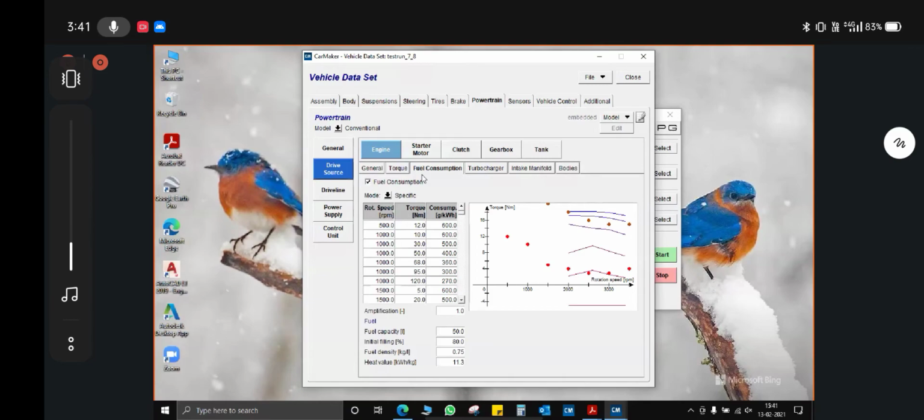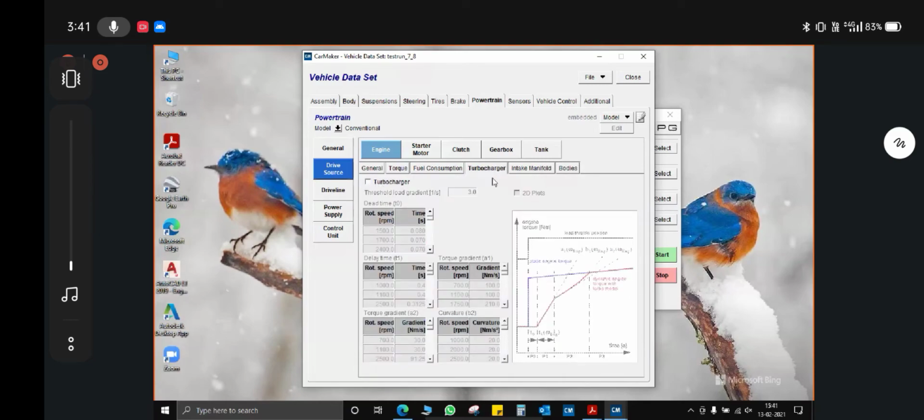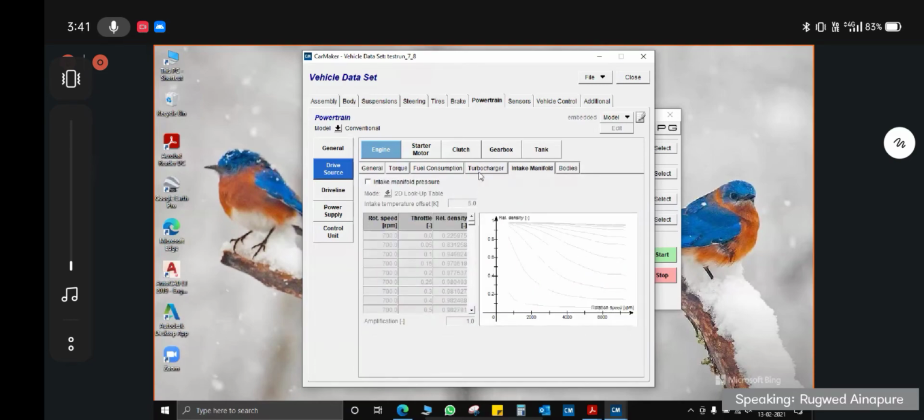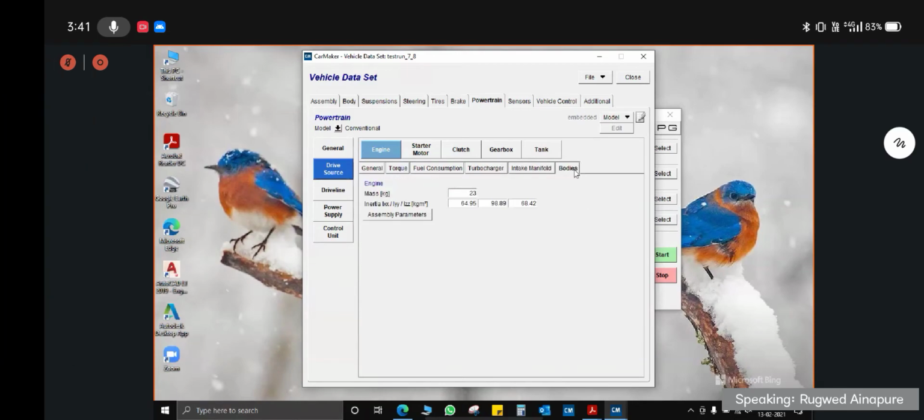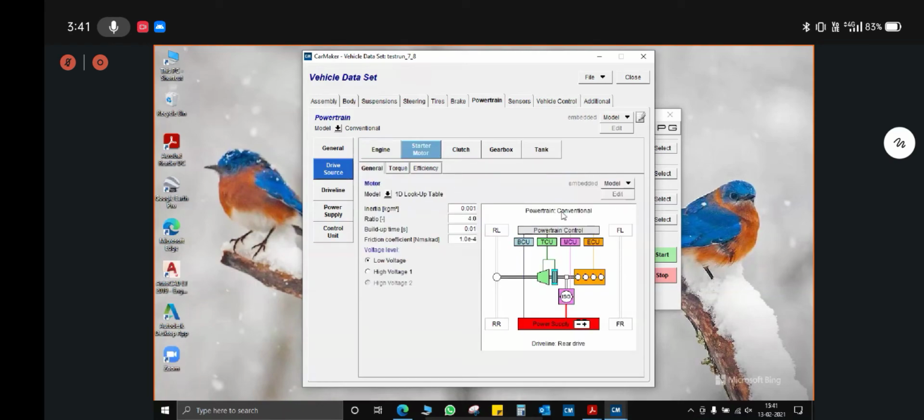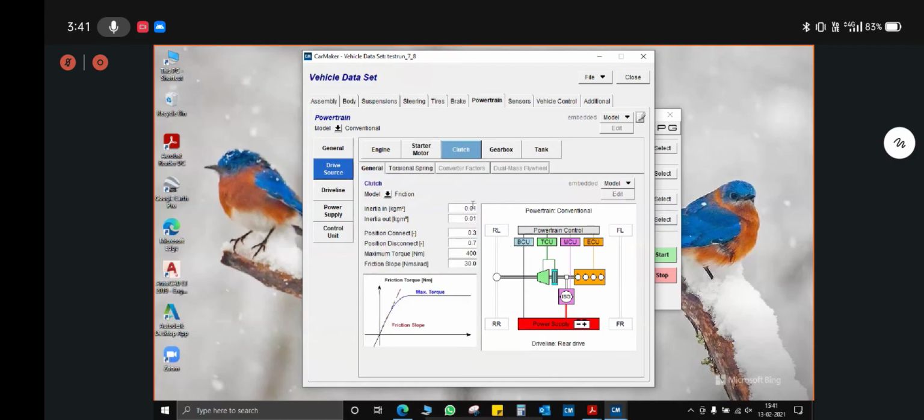Then the clutch. For the clutch, you have to select the friction. For the teams using a continuously variable transmission, select the CVT model as friction, the clutch model as friction. You have to define the maximum torque here. The maximum torque will be defined here by multiplying the engine torque with your CVT low ratio. Engine torque has to be considered by all the teams as equal to 19.2 Newton meter only. Again, I am repeating it.